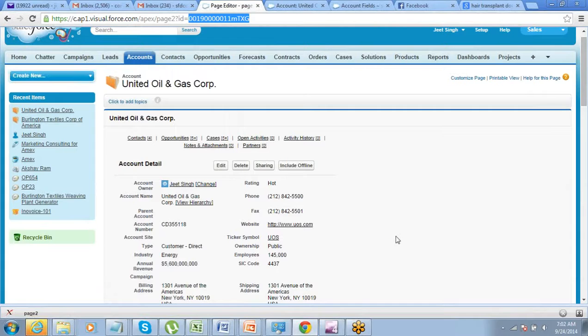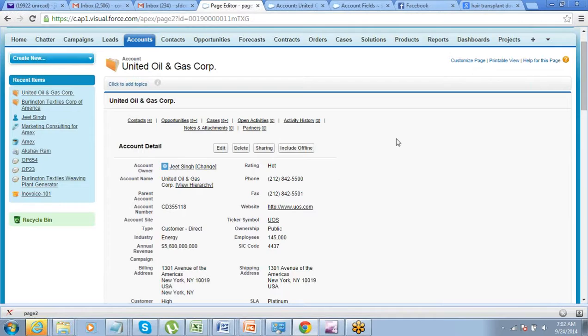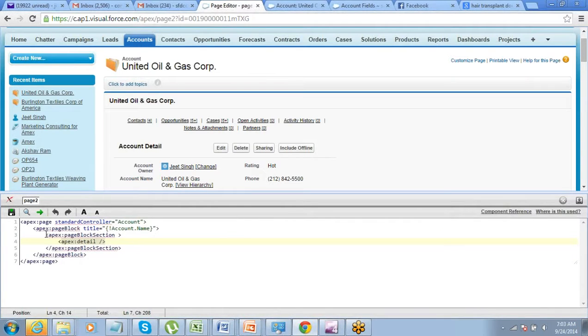Alright. Did you notice one thing, that all this data has come on one side of the page. It's not appearing here on the right hand side. There is nothing here. The reason for that is this is inside a page block section, right? A page block section by default has two columns. That is the reason why all the data that I have put has got into the first column and the second column is blank. What we have to do here is make it a single column thing. Columns equals 1. That is it.